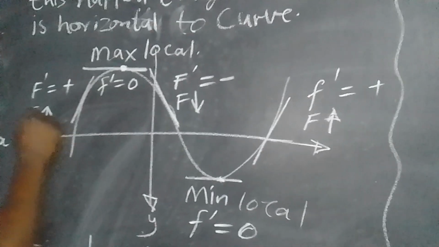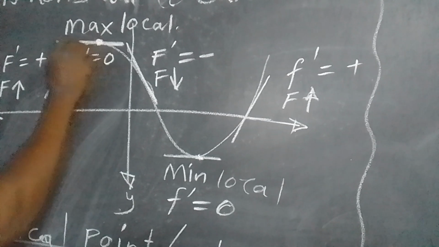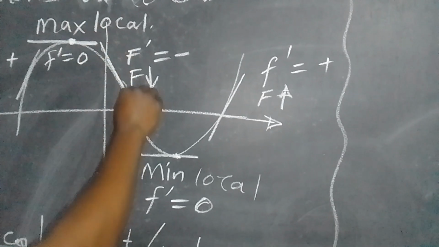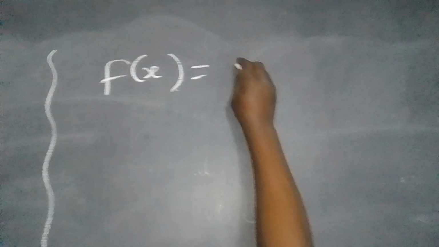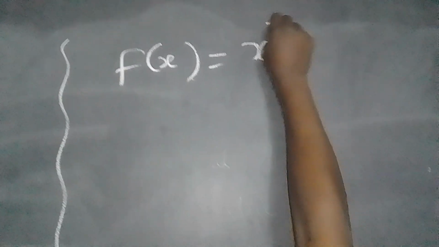In this case, we have to establish the fact that the function increases, the function is at the maximum point, the function is at the minimum, and the function increases. So we are going to see all that by using f of x equals x to the power 3